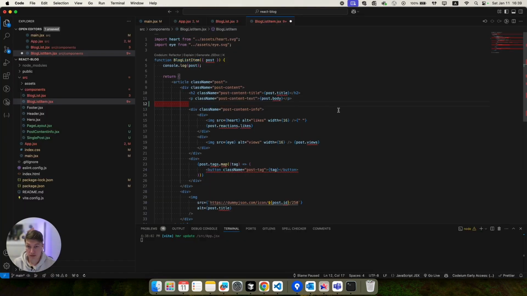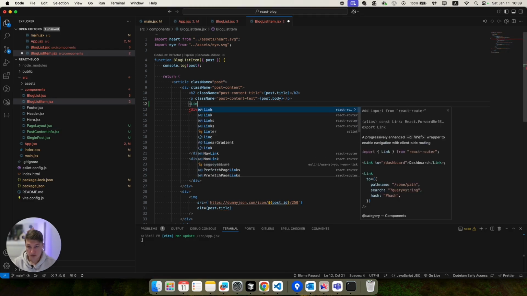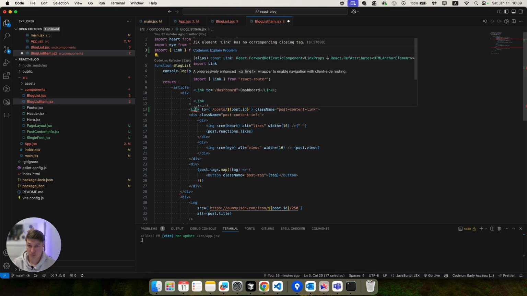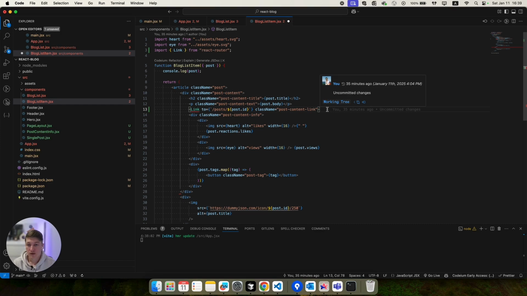We add the link to our single post page. What is the link? Link is another component that comes from React Router. This will create a link on our page that will open the special route. This route we need to add in the special props too.